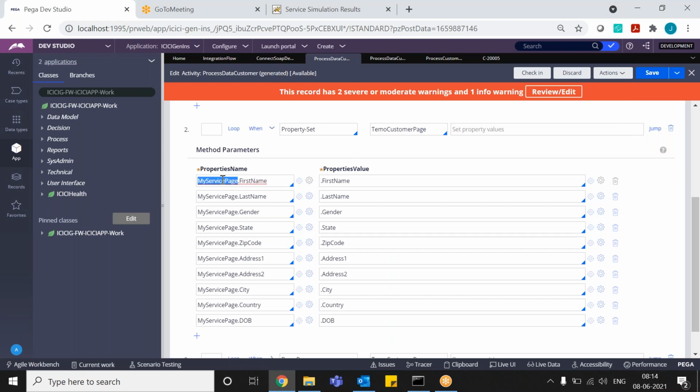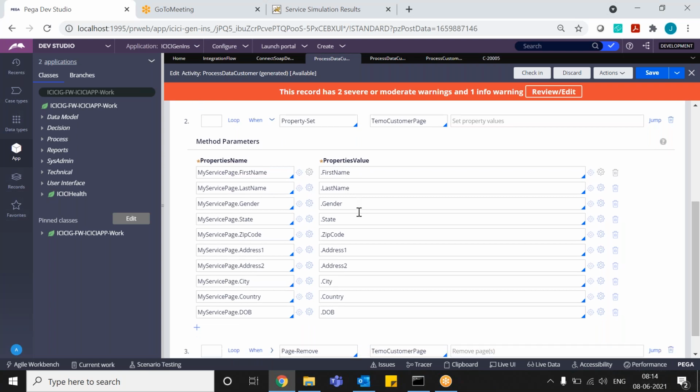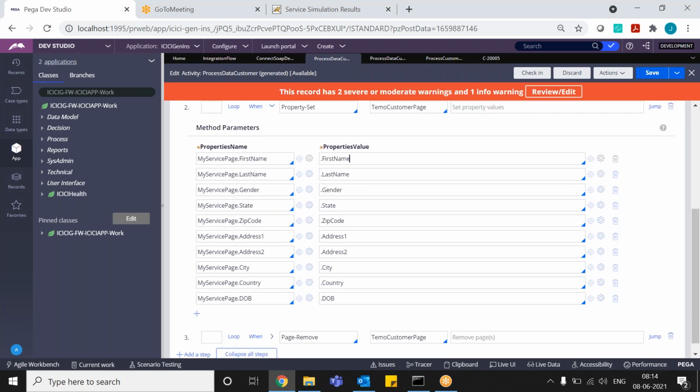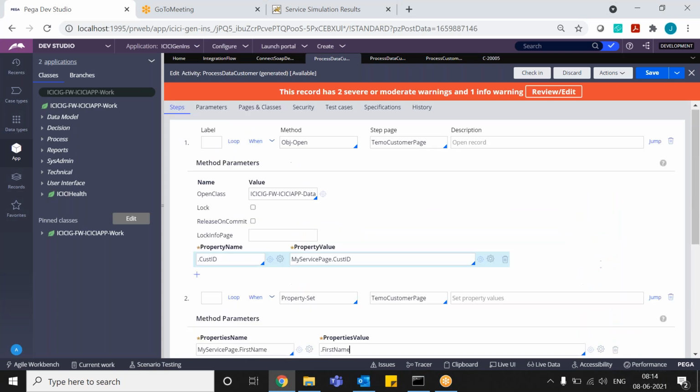Sir, here my service page dot first name is fine, but first of all, this temp customer page itself is not having the values now. Shall I change the values here, properties set, value and name? No, this is correct only. Go to OBJ open.